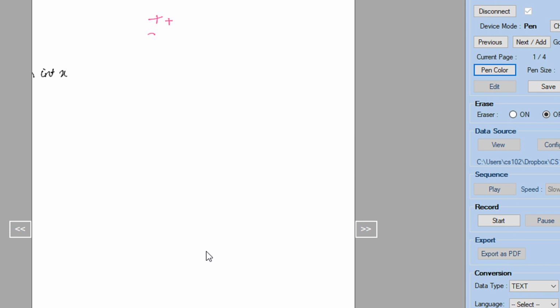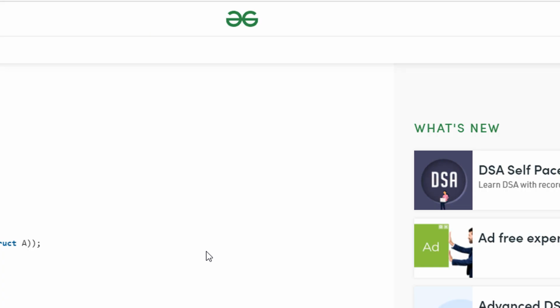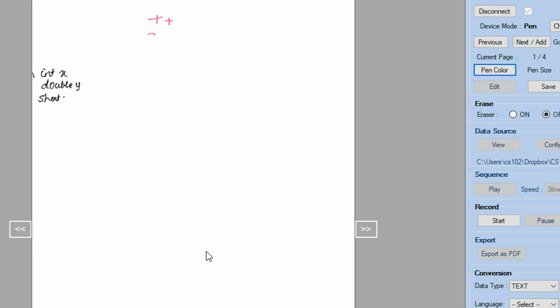We have integer x, double z, and short y, keeping the same variables x, z and y. This takes 4 bytes, this takes 8 bytes, and this takes 2 bytes. So the moment the structure is read from top to bottom, I am reading integer x first. So it allocates 4 bytes.